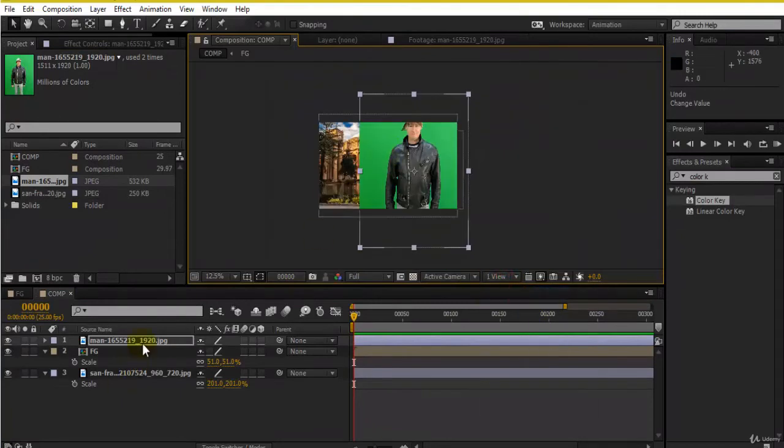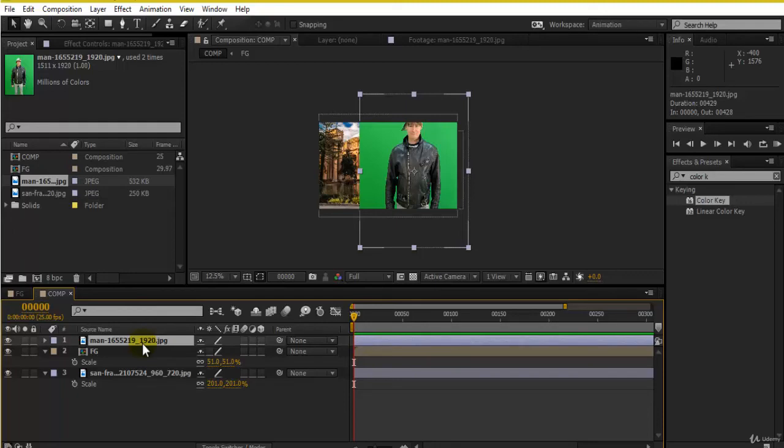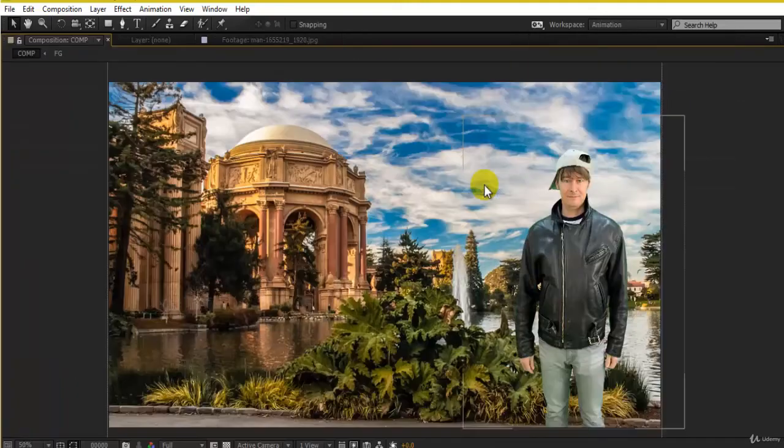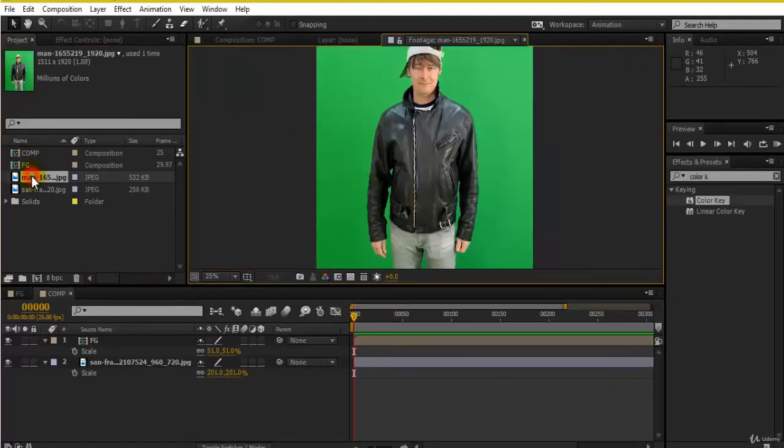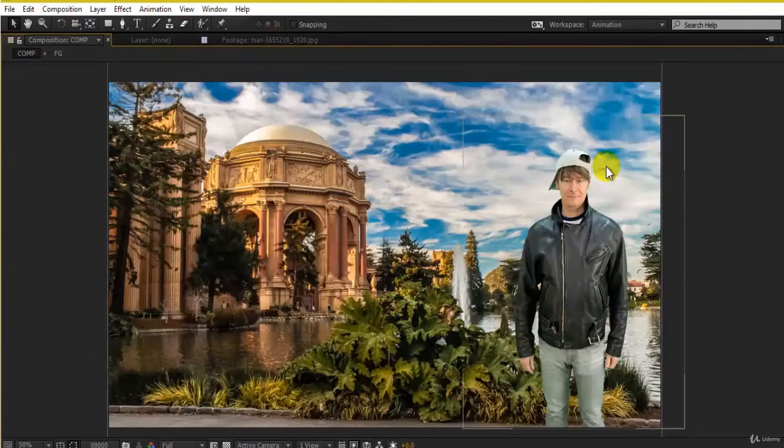It works best on one view, as this is After Effects and is a layer based software, so I would prefer to work here. That was my original image, which was this, and if I go to my comp here, this is what I'm getting. So this is what you can do while adding your color key to your image, which works smoothly and removes your background, and you can place any other background according to your choice.